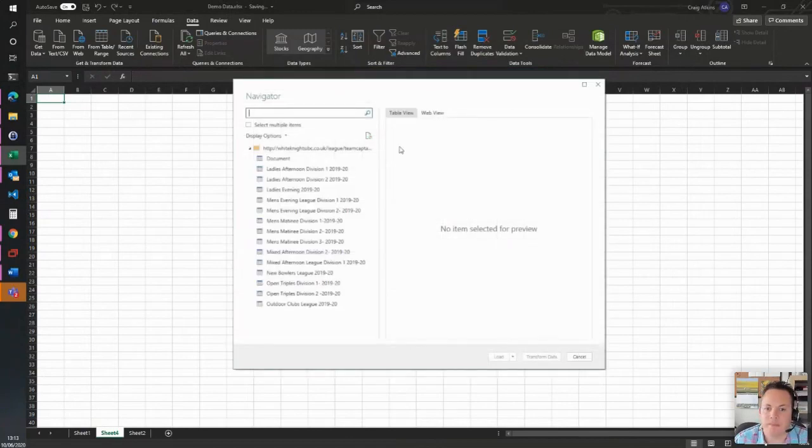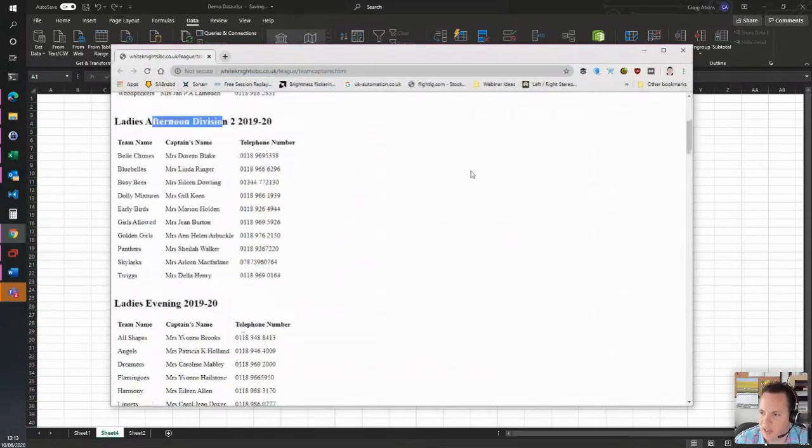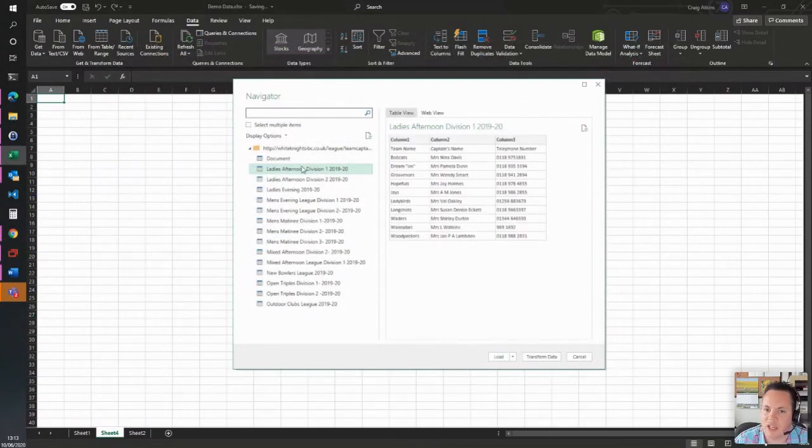Excel has a little think, and this is where we get this data navigator. As you saw from the web page, if I just bring it up again very quickly, we've got a heading of Team Captains. We have a Ladies Afternoon Division 1, Division 2, etc. And you can see Excel's worked that out, and it's worked out that we've already got these areas. So it's given us the Division 1. I can click on it and we can see the information, and I can go Division 2, we can get the information. If I choose to select multiple items here, I could bring in a bunch of these together,